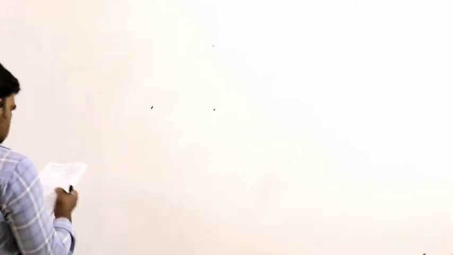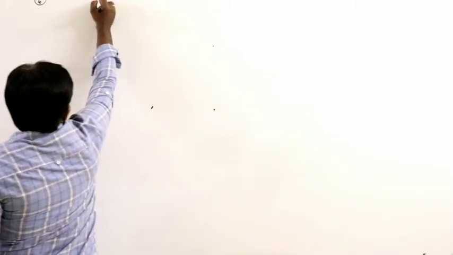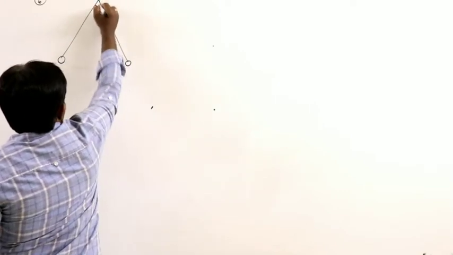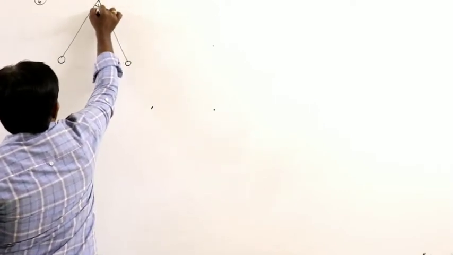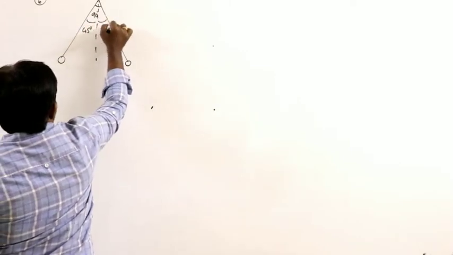Next, the same page, see the sixth problem. In a liquid medium of dielectric constant K and specific gravity 2, two identically charged spheres are suspended from a fixed point by threads of equal lengths. The angle between them becomes 90 degrees. So you know this concept, two balls are like this. Here the angle is given as 90 degrees, so that means one angle is 45 and this is also 45.